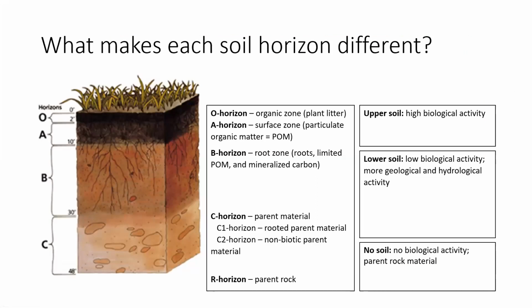So looking at this in a little bit more schematic way, to summarize the video, it is important to identify in soils these different layers. And typically we identify the O horizon, which is the organic zone, consisting of plant litter or duff or any broken down plant parts that are at the top of the soil. Then immediately below it is the A horizon, which is the first important part of the soil, or